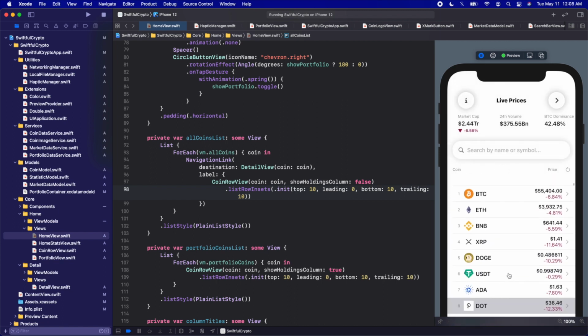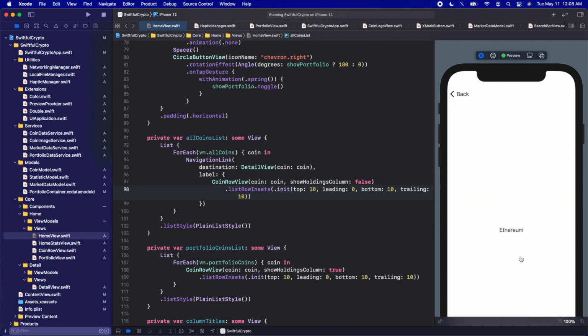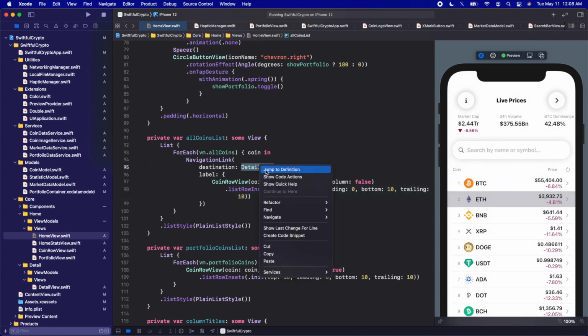And this is great, right? For a beginner level app, this is perfect. This was super easy to implement. It took us 2 seconds and it's bringing us to Ethereum and it's working exactly as we want. But before we move forward, let's go into the detail view